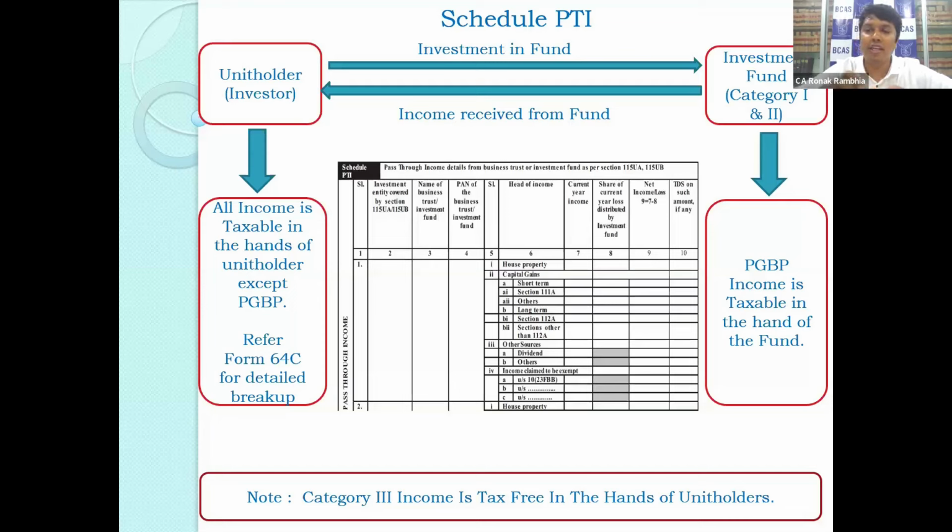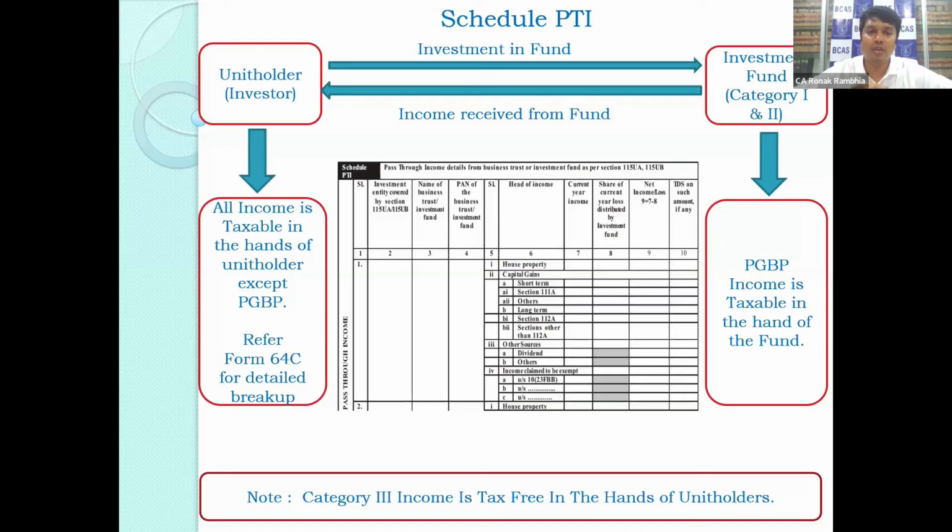So here, in case of category 1 and 2, you get income from the fund. For the unit holder, the investor, all income is taxable in the hands of the unit holder except PGBP. And in case of the fund, PGBP income is only taxable in the hands of the fund. One can refer to Form 64C, which is normally given by the investment fund houses to the investors, and accordingly